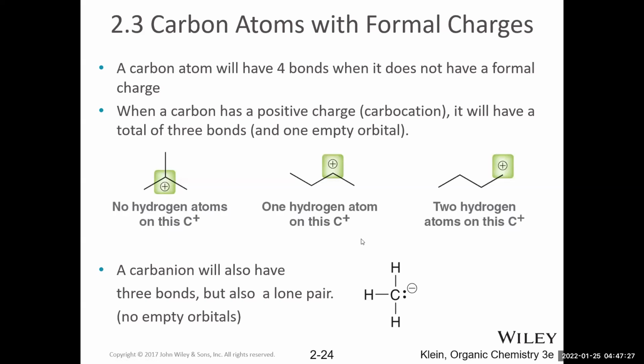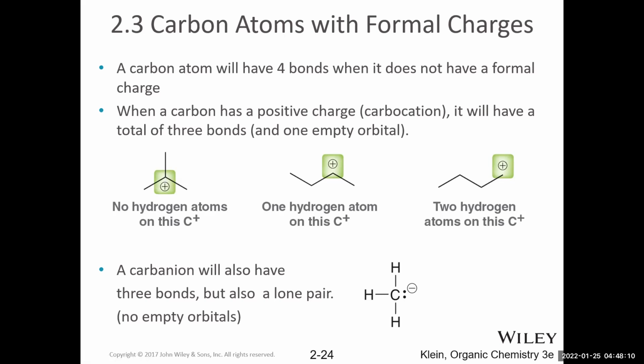Okay, let's talk about formal charge. So I told you before that sometimes it's possible to have a carbon atom with less than 4 bonds, right? When it does so, it does have a formal charge. Remember, carbon can never have more than 4 bonds. That's our cardinal rule. But it sometimes has less than 4 bonds. For example, 3 bonds. When it has 3 bonds, then it has a positive charge, and we call it a carbocation. A carbocation will have an empty p orbital. So each carbon that's a carbocation is sp2 hybridized with a steric number of 3.